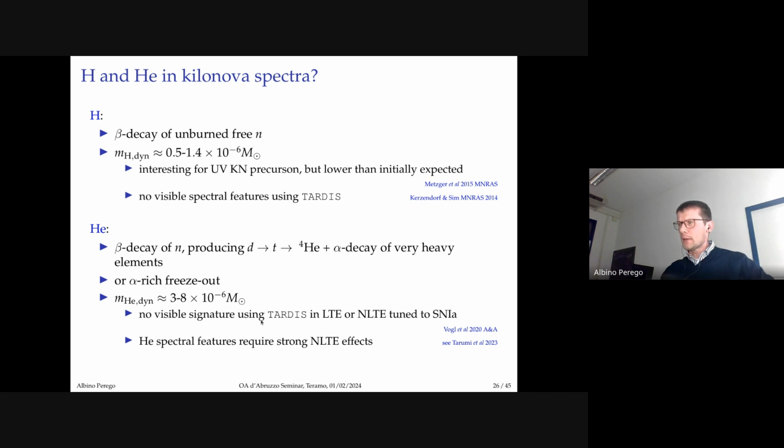We have used, I think Achille Fiore used TARDIS, in order to see if it was possible to see the spectral feature of helium, and as soon as only LTE conditions were established, the helium was practically not possible to be seen. And even at a later time, when we had a new version of TARDIS with some non-LTE effects, it turned out that